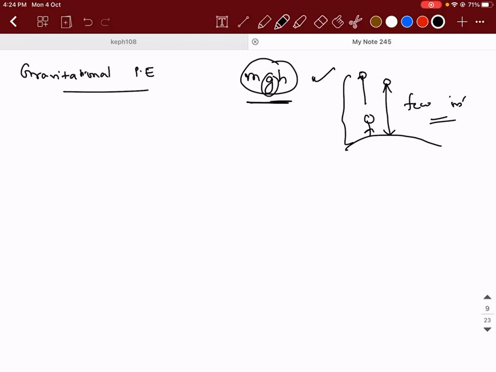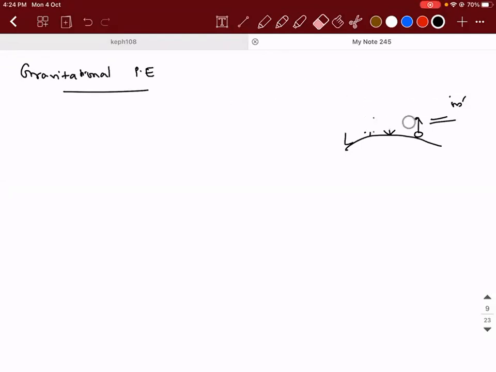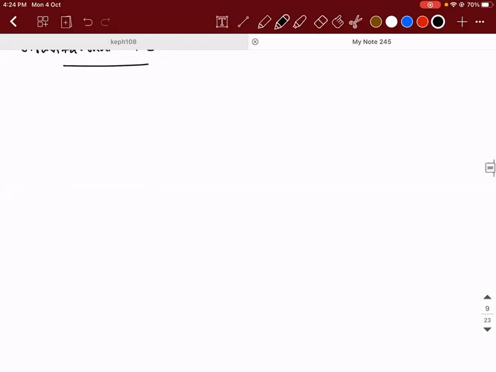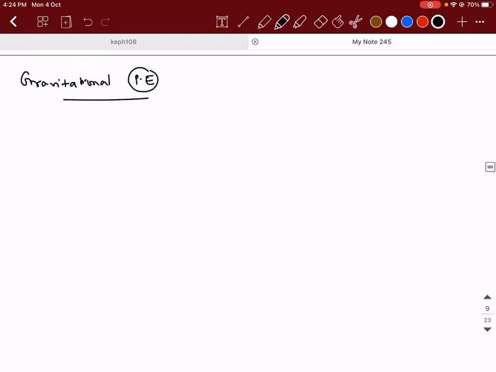But what if I have a machine which can give it a velocity in such a way that the ball can travel a few kilometers also? Like how these rocket launches happen. You're able to understand? So there will be an effect, but that effect will vary with respect to distance, not with respect to time. It will vary with respect to distance. Have this point in your mind, and let's try to define this gravitational potential energy.